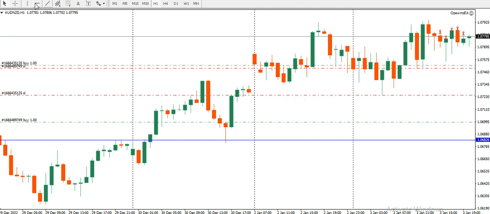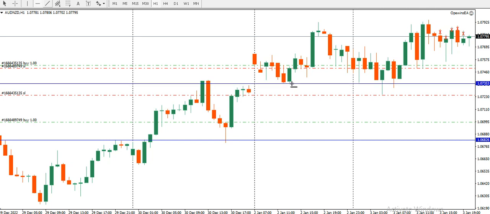Now, we moved, then we saw a deep pullback here, but we couldn't see a close below this low. If we had seen a close below this low, that would have invalidated our setup, but we couldn't see that, although we saw a candle with a lower wick that came down a bit, but that doesn't make any difference. So now we saw another pin bar, although with a relatively bigger body, but that came with huge buy pressure also. I should have taken this one here,